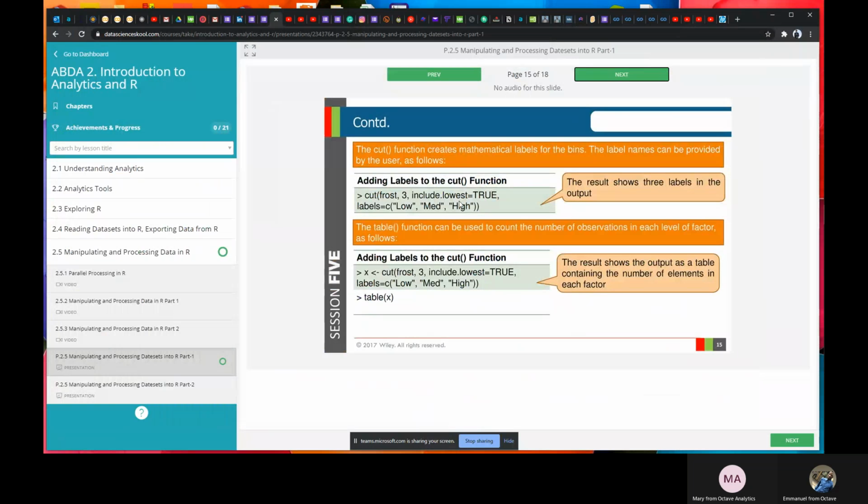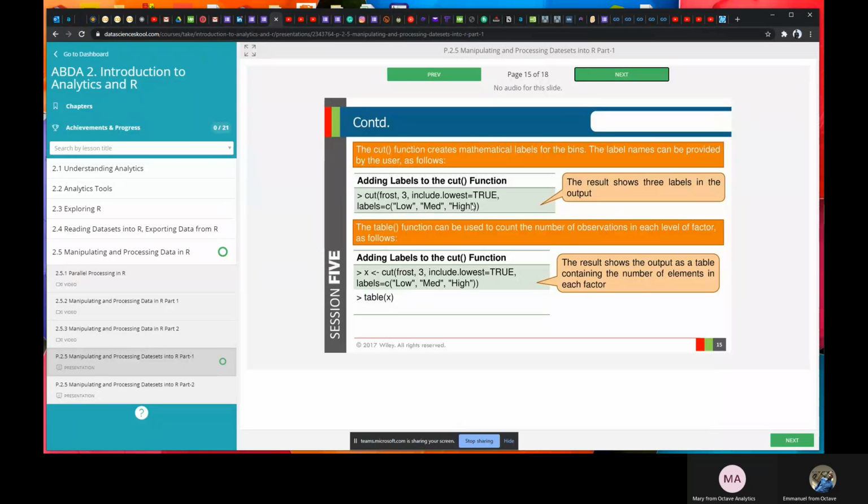Now you can see that you want to subset the first column into three intervals. Then I want to give labels. The starting point should be labeled low, the one in the middle medium, or average, then high.